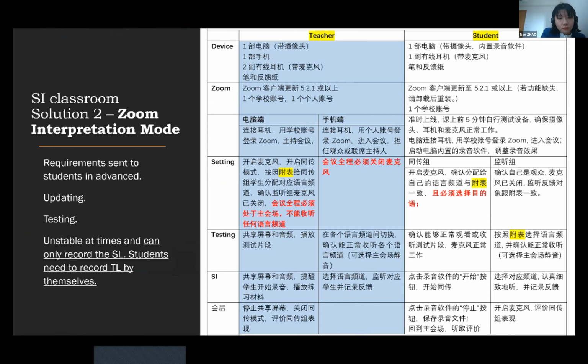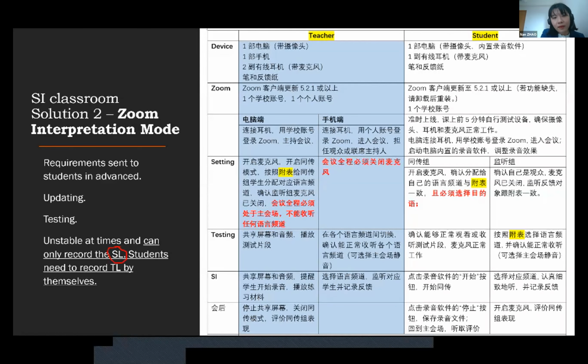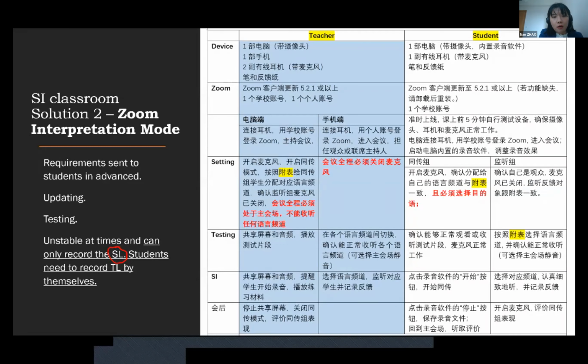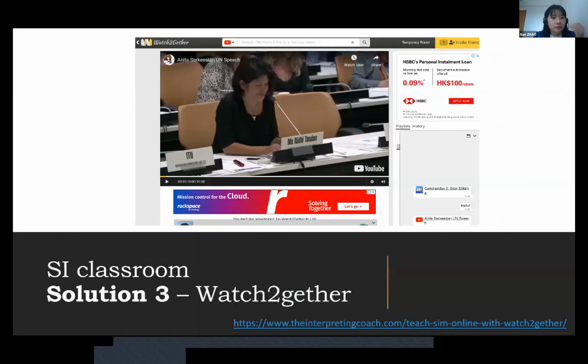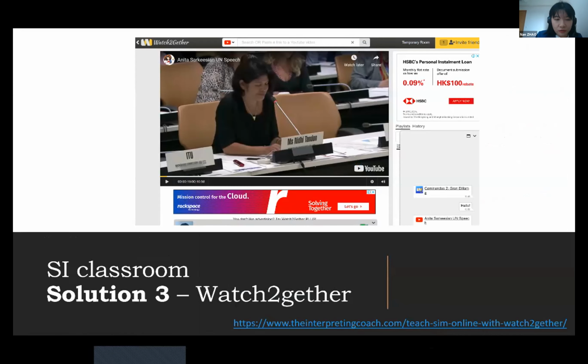The downside of using Zoom interpretation mode is that we can only record the source language. That means the class itself, whatever I played for them over my computer. And the students will need to record the target language by themselves using their own recorder, either built in or on a separate device. And the third solution I provided to achieve a simultaneous interpreting online class is to use a